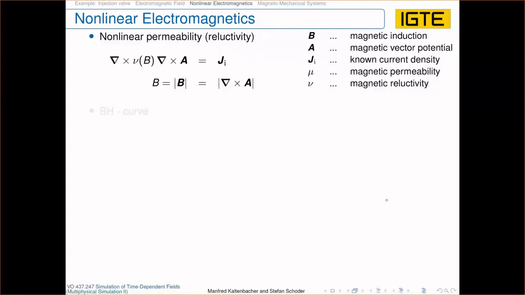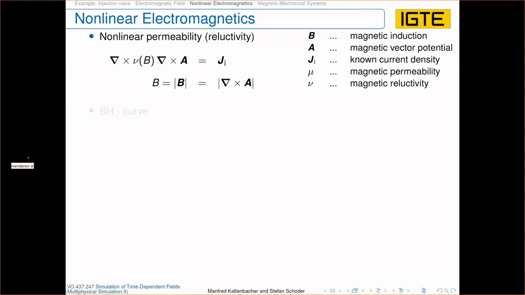Today we will discuss the material nonlinearity within our partial differential equation describing the eddy current case. Since the nonlinearity is within the magnetic reluctivity or permeability, which is just 1 over the corresponding material parameter, we will reduce our partial differential equation to the static case, the magnetostatic case, as you can see